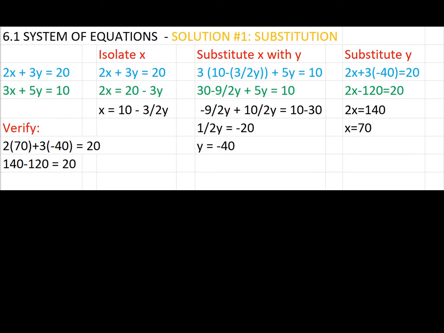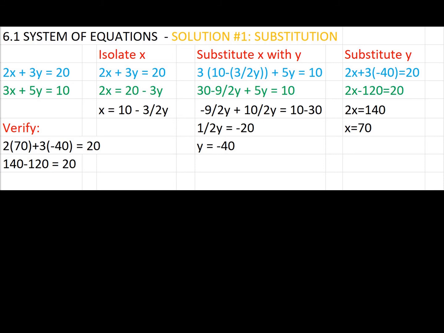So we've got 2x plus 3y is equal to 20, 2x equal to 20 minus 3y. So we alter one of the equations, and we then are able to isolate x from one of the equations. In this case, it's from the green equation, and we can see that x is equal to 10 minus 3 over 2y. We then take that x and we reinsert it. So when you see the red section, substitute x with y, we know what x is equal to. So everywhere there's x, we're going to replace it with 10 minus 3 over 2y, and thereby eliminate x from